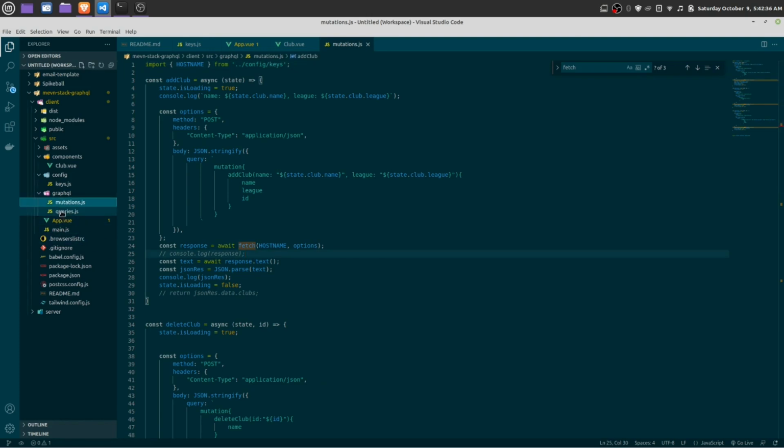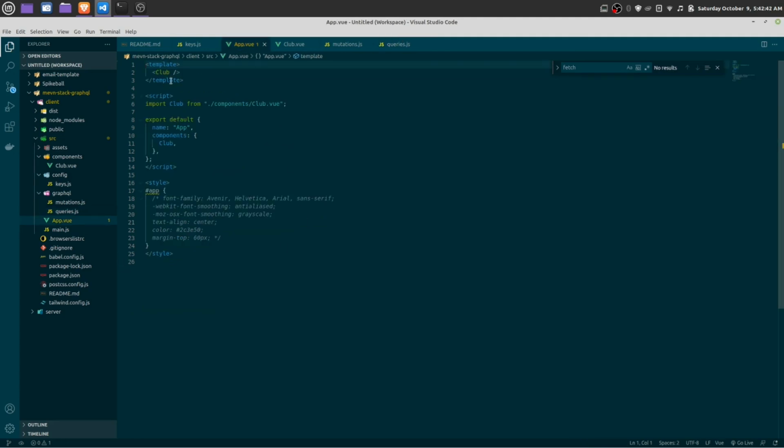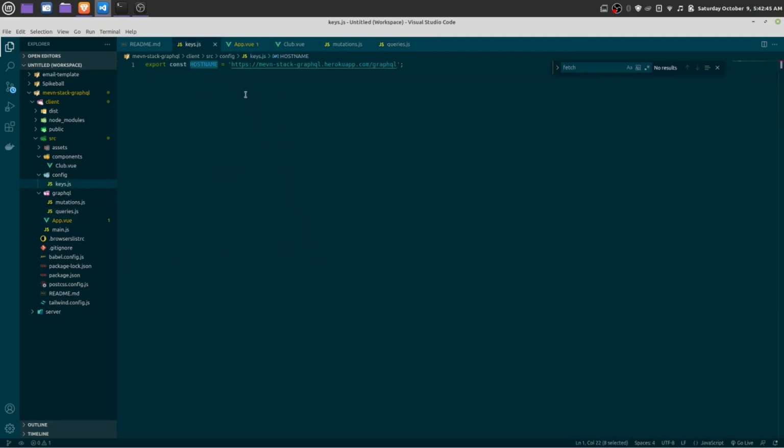In query we are also fetching data with the host name, and this variable has the value of the URL where we hosted our backend. This is where we hosted our backend, /graphql. All the requests will be made to this one single endpoint. This is the main theory of GraphQL.